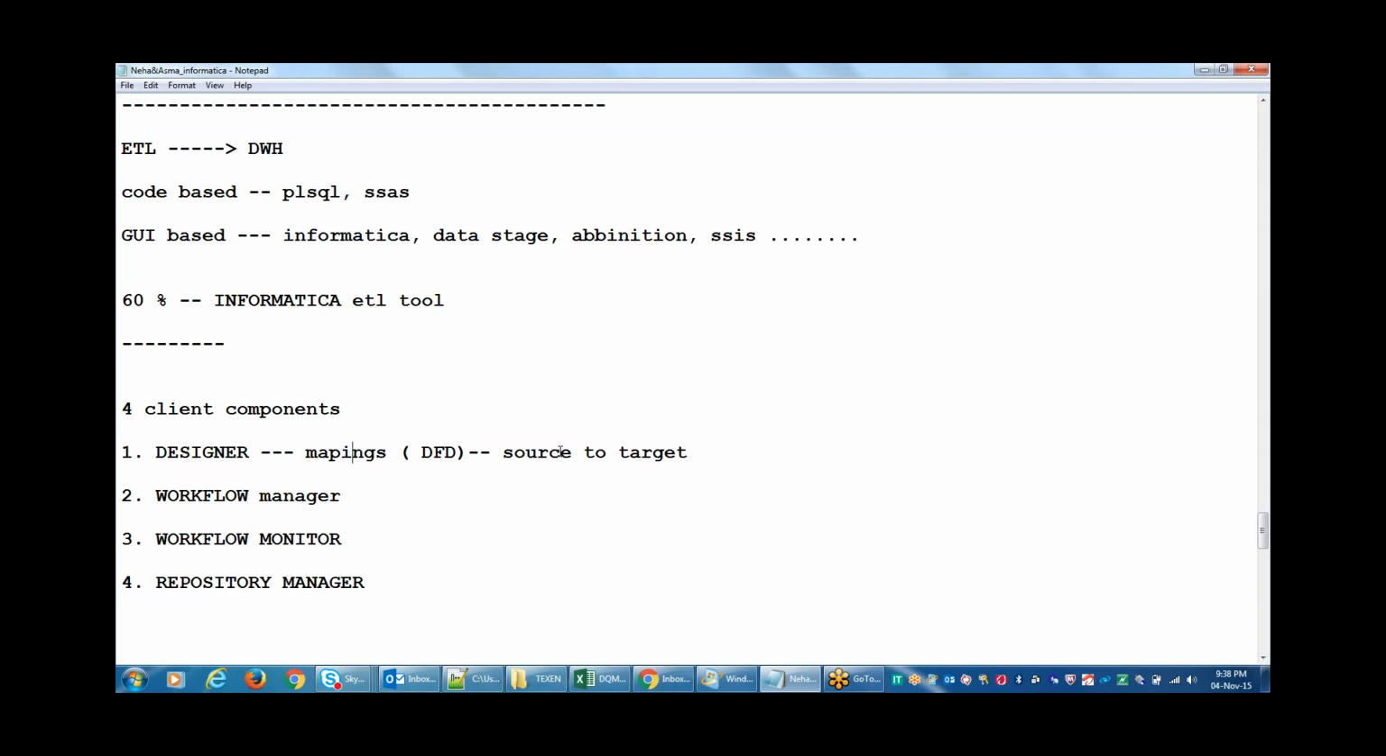So here we need the source structure and the target structure at the same time. And in the workflow manager, we will create sessions and workflows. I will tell you what it means by sessions and workflows. A session means it's an engine. It will contain all the information